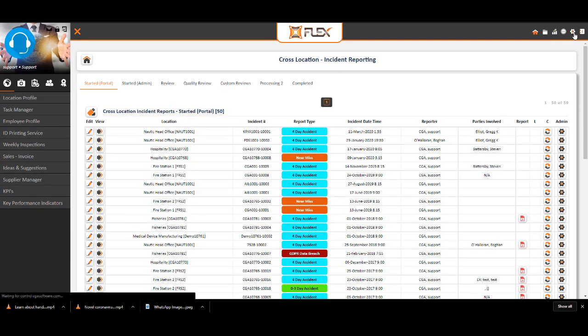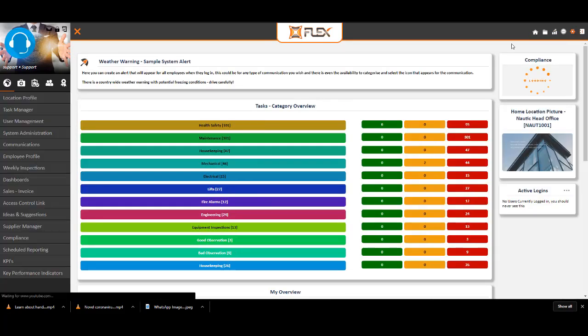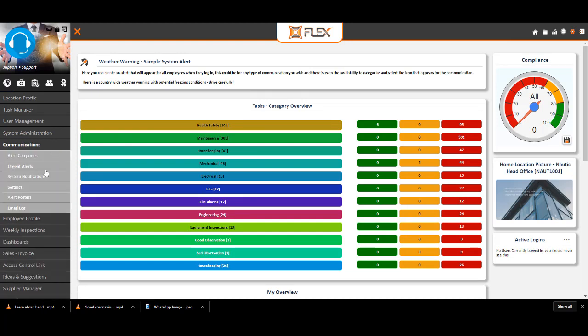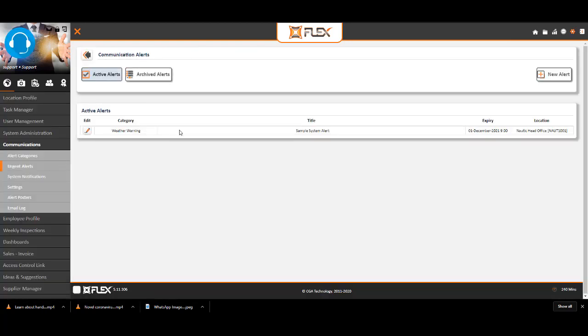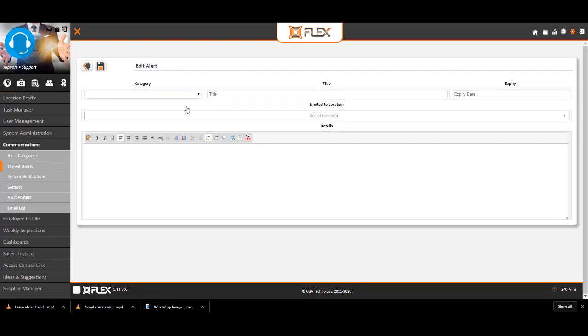So we're going to take a quick look at the urgent alerts. So admin, communications, urgent alerts, and just click to add a new alert here. What we can do is select a category. So we could say safety in this case, or you can create categories up here and icons. And we'll call this